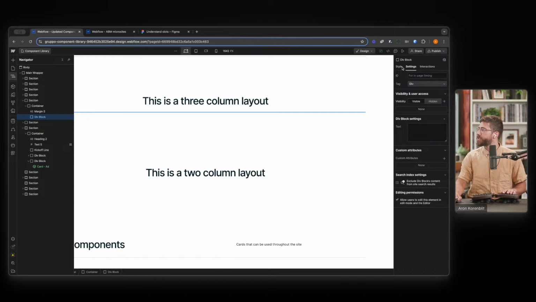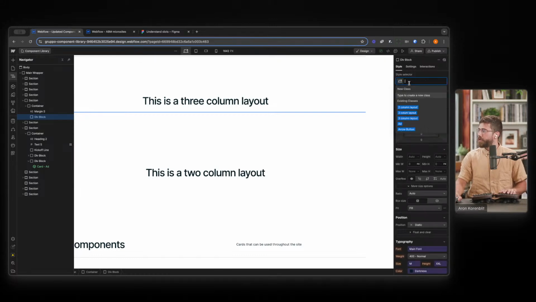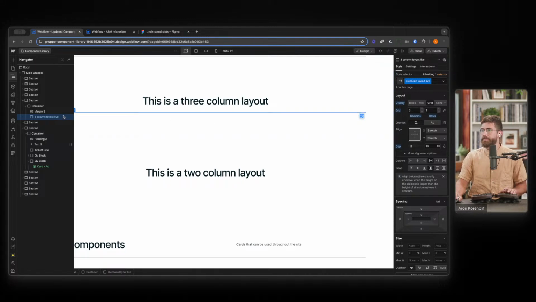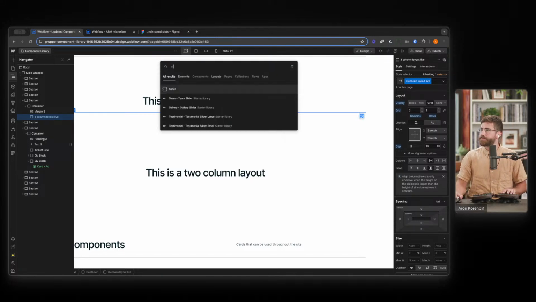So for this style, I'm going to call this 3-column layout, and I'm going to call this live because we're doing this live. And I'm simply going to call this a grid with 3 columns and 1 row. And within each column, I'm going to go ahead and add